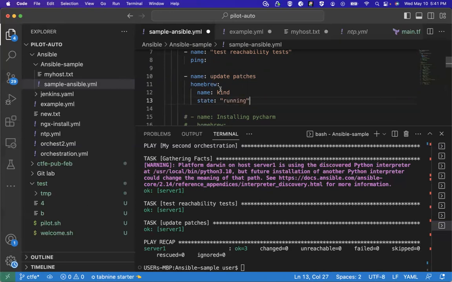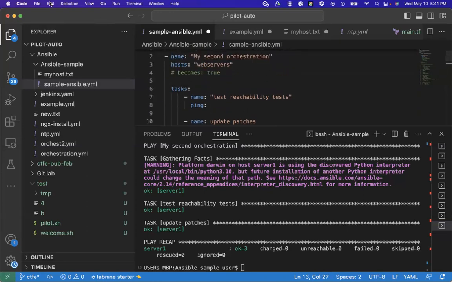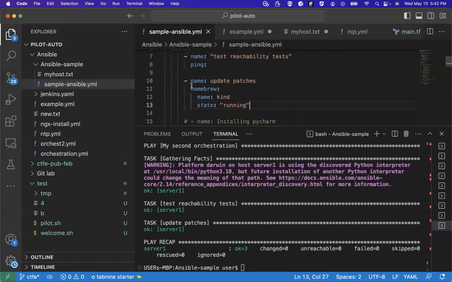So now what am I doing? First of all, before you install, you have to check if the servers are running by pinging them. You understand me? If you ping them, the ping was successful, then you install kind, name kind.